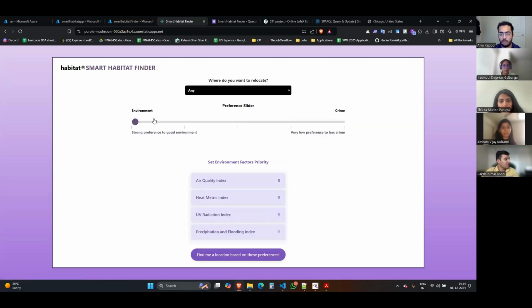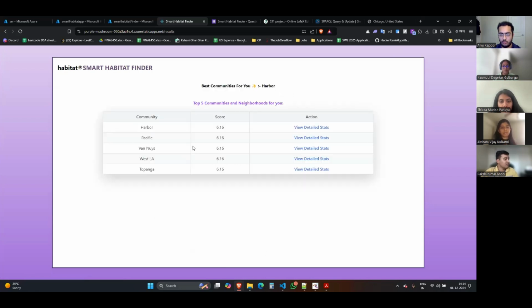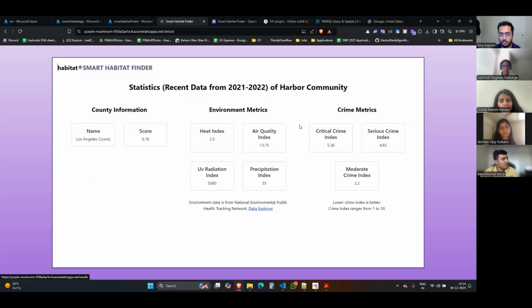Similarly, if I want an environment with a better crime index, and I want to go to Los Angeles, where UV radiation is most important for me, then comes heat metrics. I again click on it to get the preference. So I get Harbor in LA as the most crucial result. When I click on this, I get LA, Los Angeles County, with a score of 6.616, and environmental metrics and